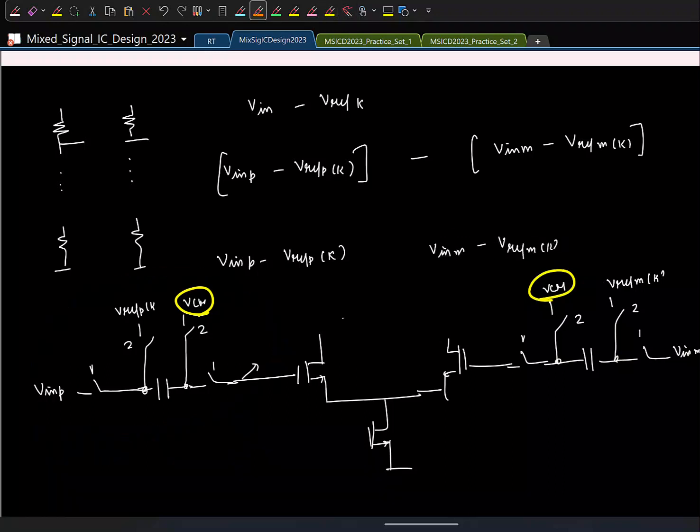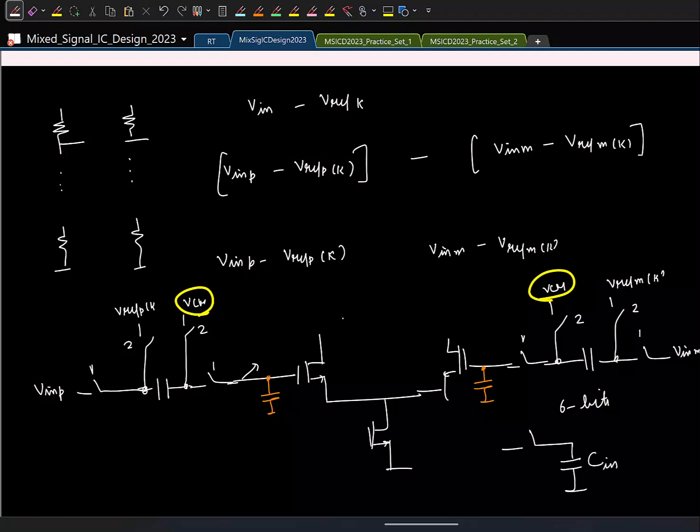First phase. And I have not put an explicit sampling capacitor because in most cases the parasitic gate capacitor here itself will be good enough. Especially in flash, many times, as I mentioned, flash has maximum 6 bits. We don't use more than that, right? Now, if I have a sampling capacitor,